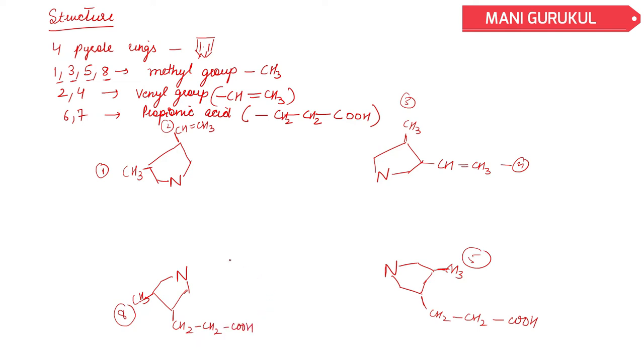Okay. Now what will we do? How will we attach these rings? We will attach the rings by CH. We will add CH, CH, CH, and CH. Then we will add CH, CH, CH. This is this one. Okay.